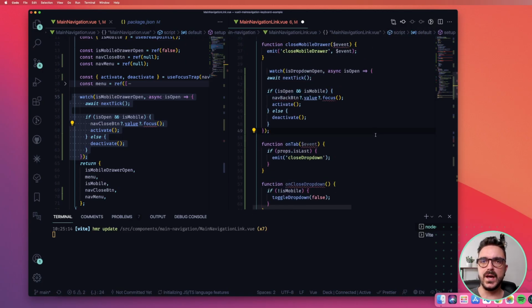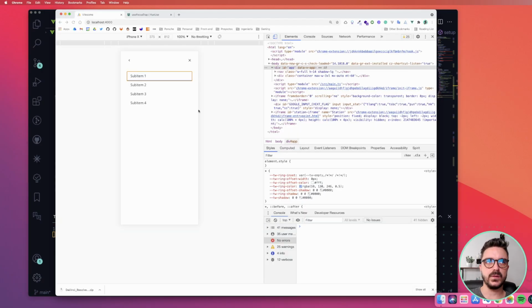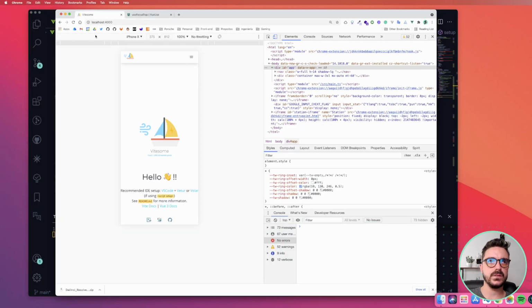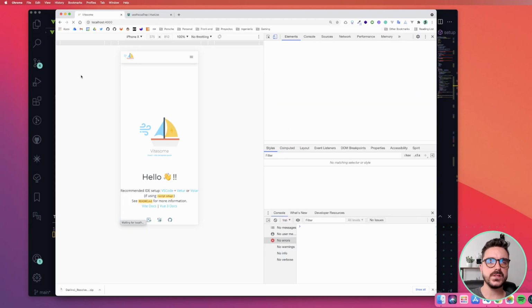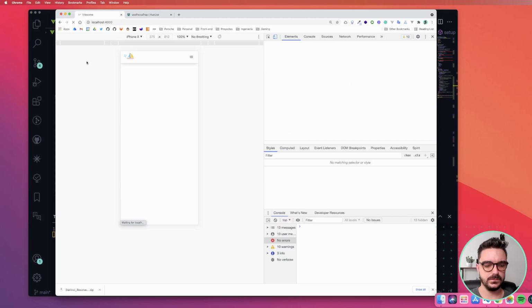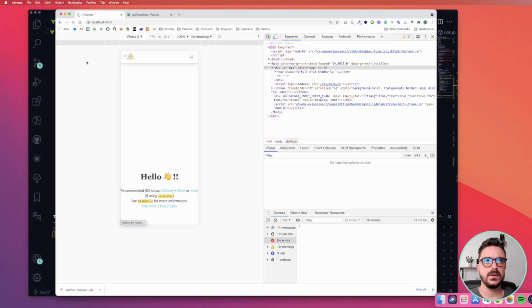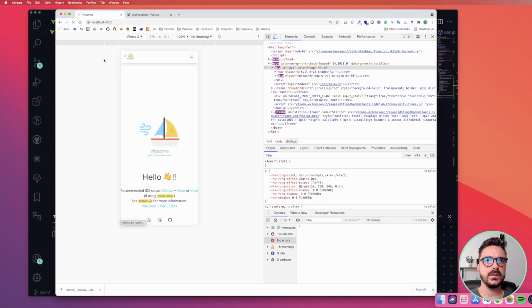So this should have the same behavior that we achieved in the first level of the menu, but now in the second one. So let's just close it and refresh. Okay, so we're here.